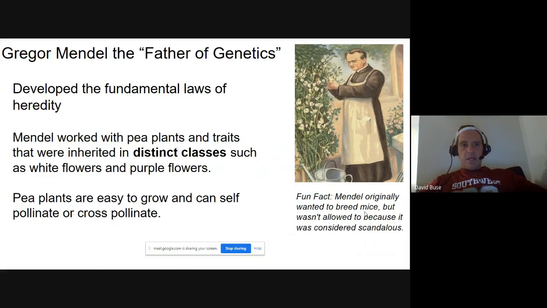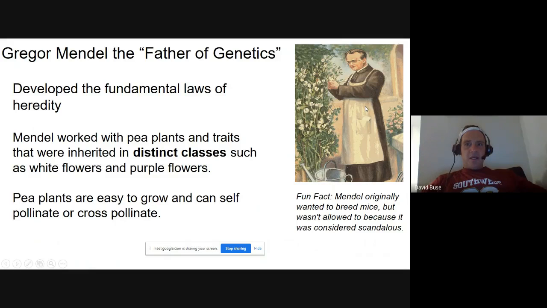Gregor Mendel is the father of genetics. He developed the laws of heredity. He worked with pea plants, and he was extremely lucky because the pea plants worked in very specific ways. For example, out of the 7 traits that he observed, there were 2 distinct classes for each of the 7 traits. For example, purple flowers and white flowers, tall and short plants, axial and terminal buds, and